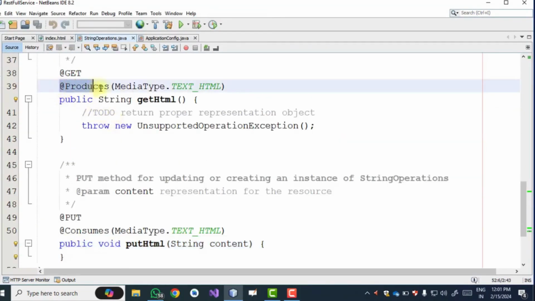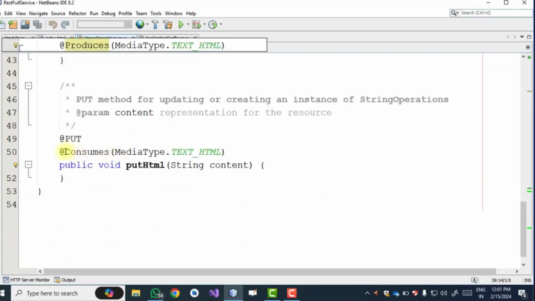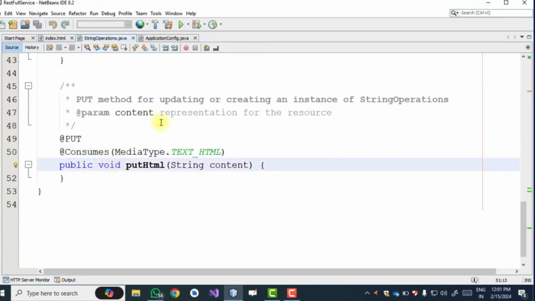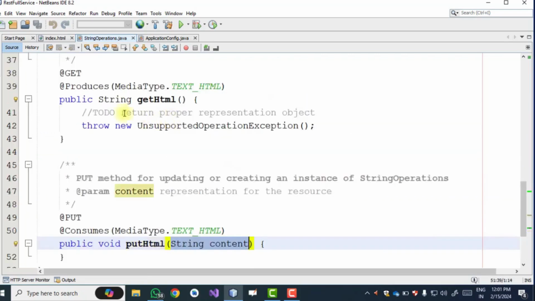One method produces the output, and one method is used to consume the input. So when we write a put method, we provide some input to the method. When we write code in getHtml, it will return something.